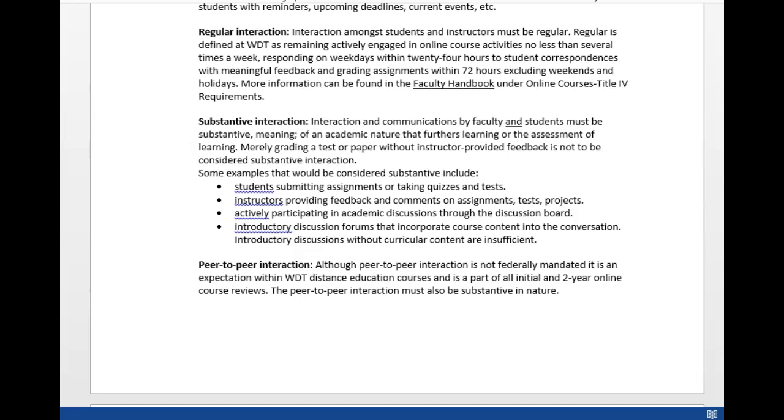So if somebody turns in a paper and they do outstanding, 100%, we're in a hurry, we just put an A into the grade book and don't give that student anything back. That's not considered a substantive interaction on our part. We are not providing the student with any feedback, good or bad, to help them continue with their education. So